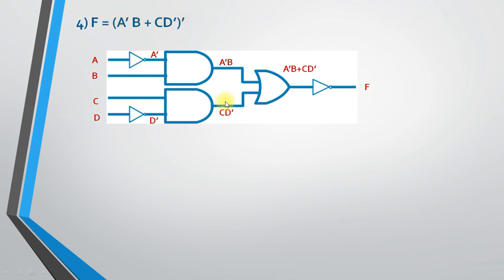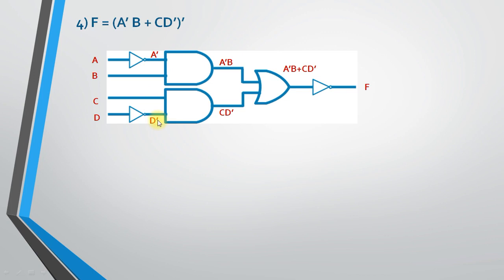Let me explain this circuit once again. We have 4 different input variables A, B, C and D and one output variable called F. Now there are 2 AND gates, right? In the first AND gate we have passed the inverted value of A, that means A dash, and we pass the value of B directly. So A dash B,